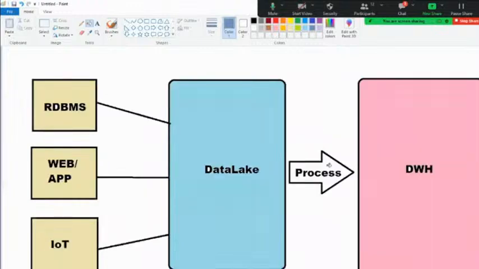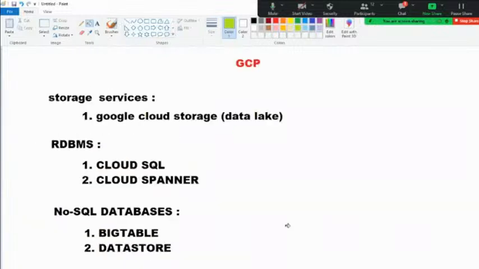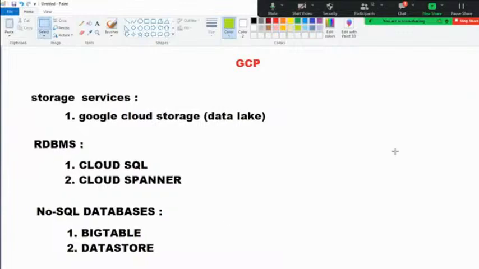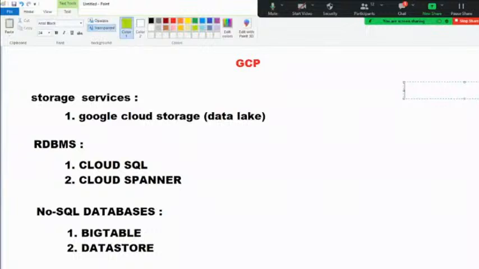Okay, and after that, we want to do some processing on top of it, right? This is also a very important step, guys. This is not a very simple step. Processing. What are the processing tools that we are going to learn in our session? If you ask me, I want to mention those points here. Data processing services. The first thing we are going to learn is